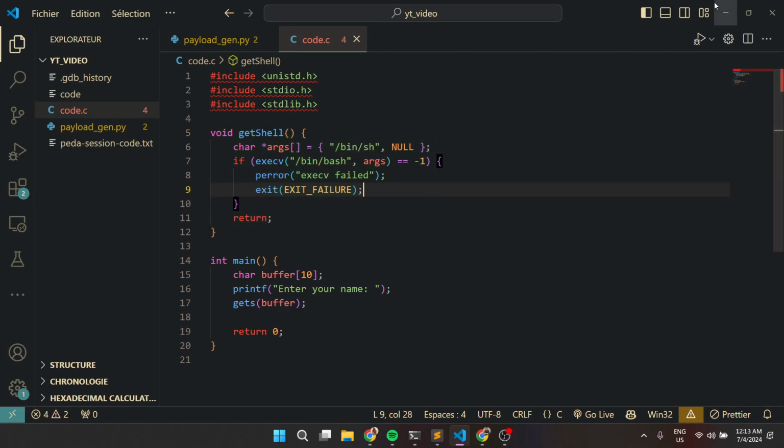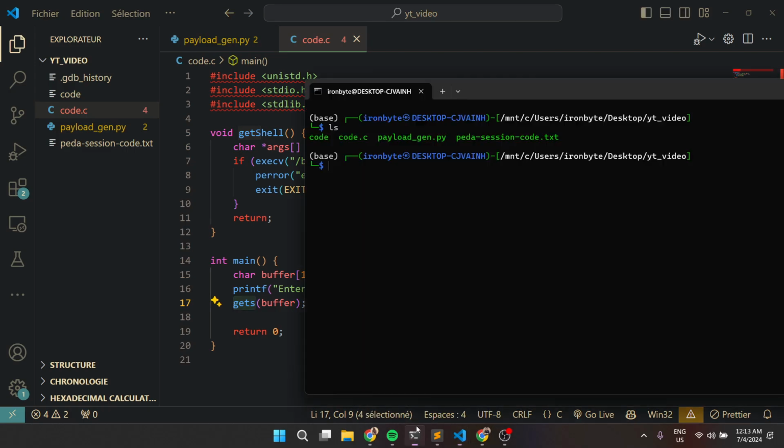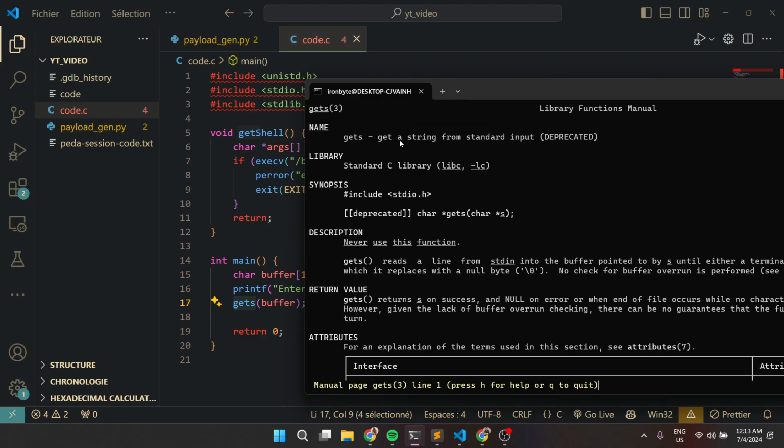Now all that is possible because there is a vulnerability in the code. The vulnerability is because of this function. So if we take a look, we can just read about that function quickly. If we open up the manual about gets, you see that it gets a string from standard input. It's deprecated, and there is a description that says never use this function, which means that